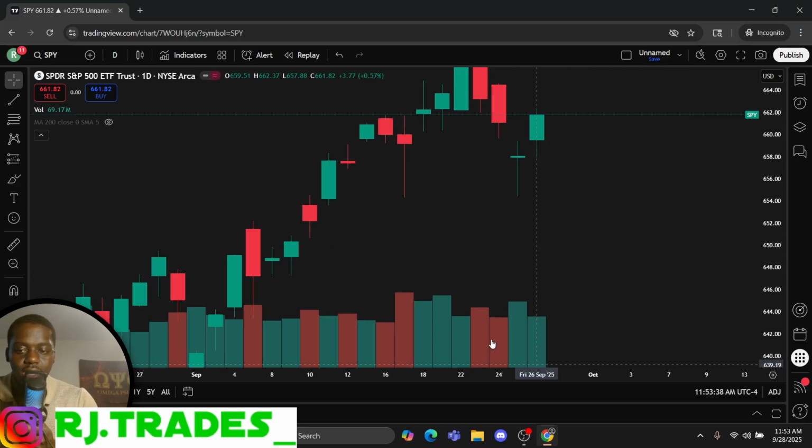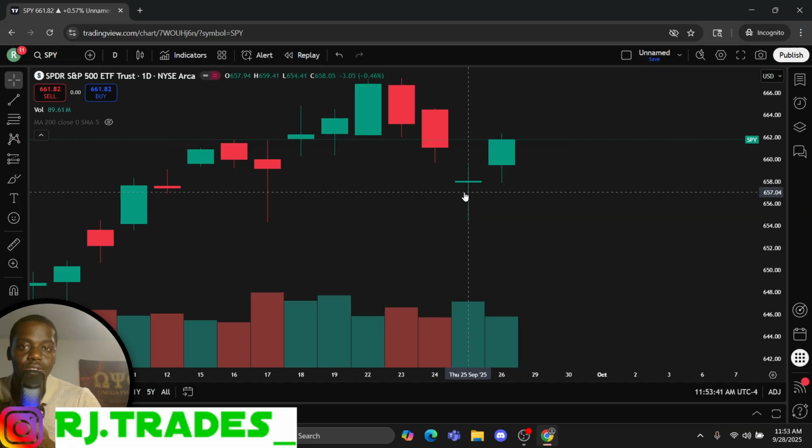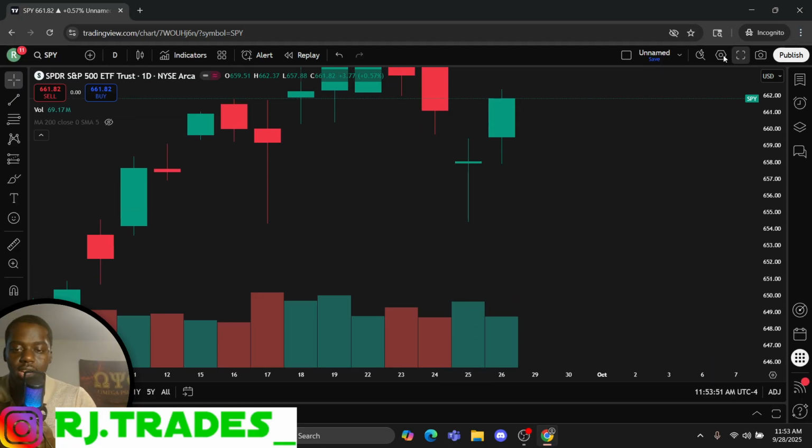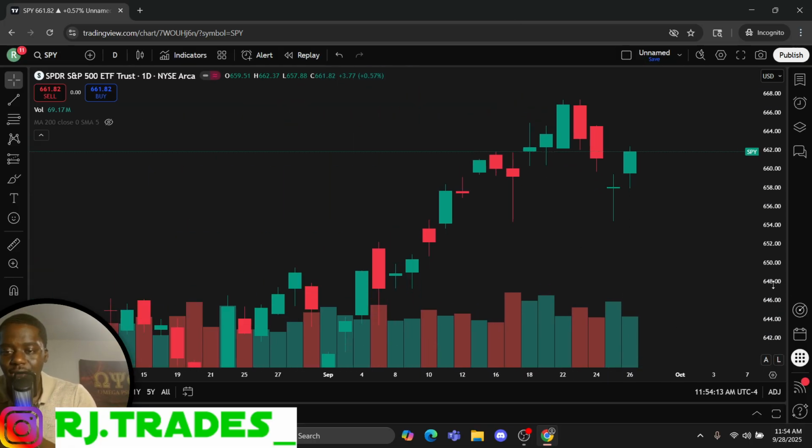All right. So quick lesson on candlesticks here. You have a green candle. That means that the stock opened one spot, but it closed higher. Okay. It opened one spot, but it closed higher than it opened. All right. So that means at the end of the day, after all of this movement, SPY opened right here around 657.93 and closed somewhere around 658.05. Okay. All of that entirety, I just summed up, what is that? 7-8 hours of movement for you in 30 seconds to a minute.